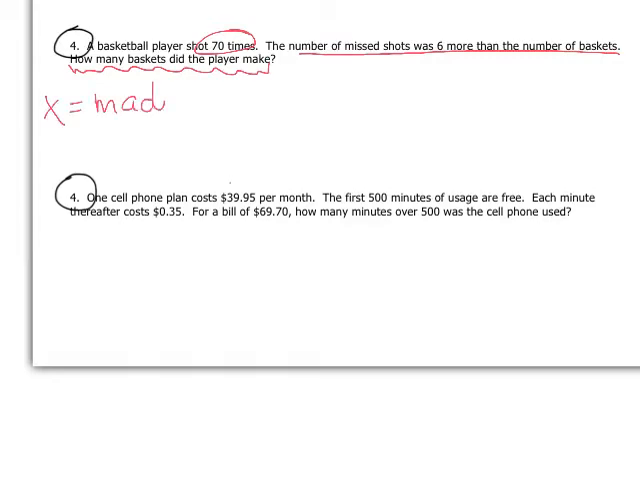Made shots, or made baskets, however you want to say it. It's important that I put the "made" on there, because I don't want to just say X is shots, since I already know that, 70 shots. All right, so let's write my equation. What's my total? 70 shots total is equal to,